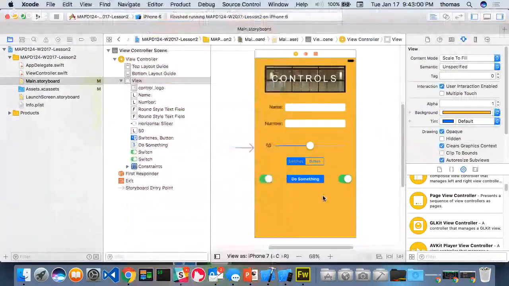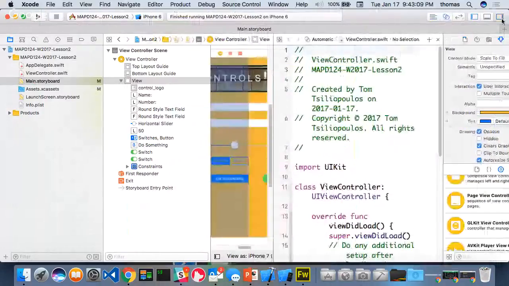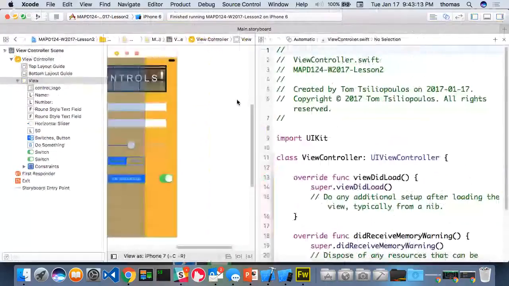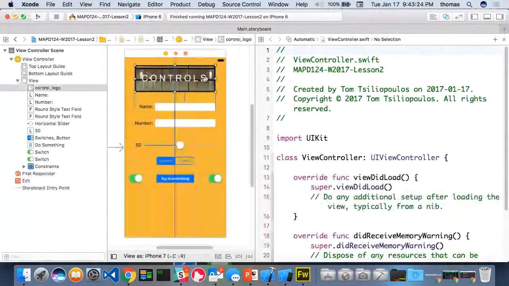Okay, so I need some actions and outlets for this stuff. Again, the way I would do it is I would get rid of some of these extra screens to give myself as much room, as much bandwidth here as I can. And do I really need this? Probably not right now, right? But what I want to try and do is drag and drop some of these controls, the ones that I care about,